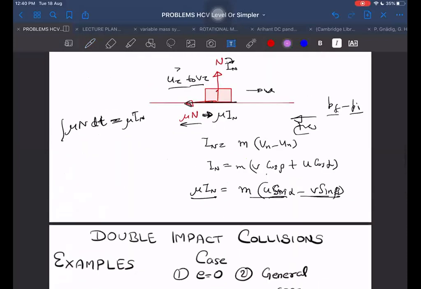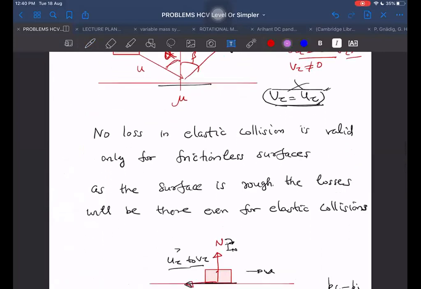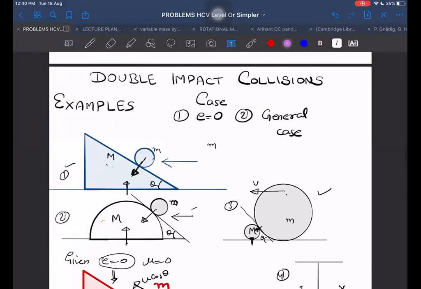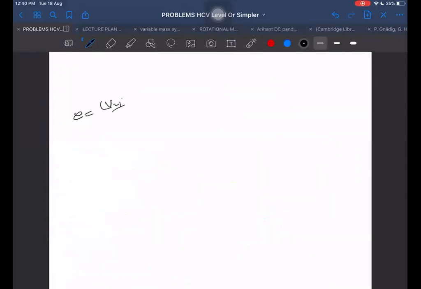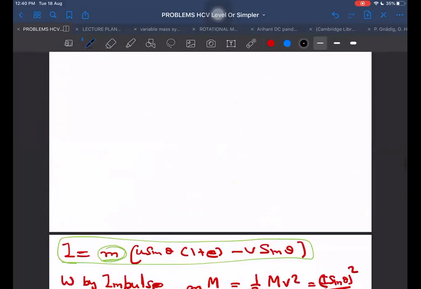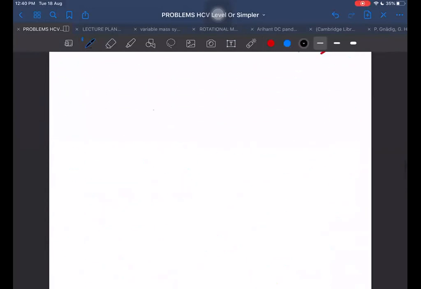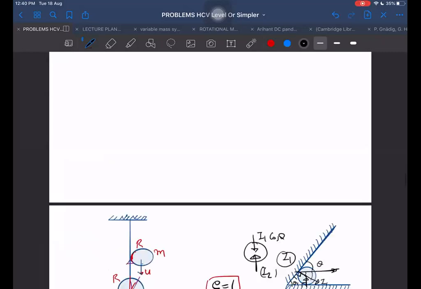If you don't understand that coefficient of restitution, in which direction should we take it? This I explained not today, last week also I explained the same thing, v2 of n upon u1 of n. Why don't you remember this formula? Along the normal. v2 minus v1, total v2 minus total v1. It is v2 along normal minus v1 along normal. Is that clear or not? Clear.